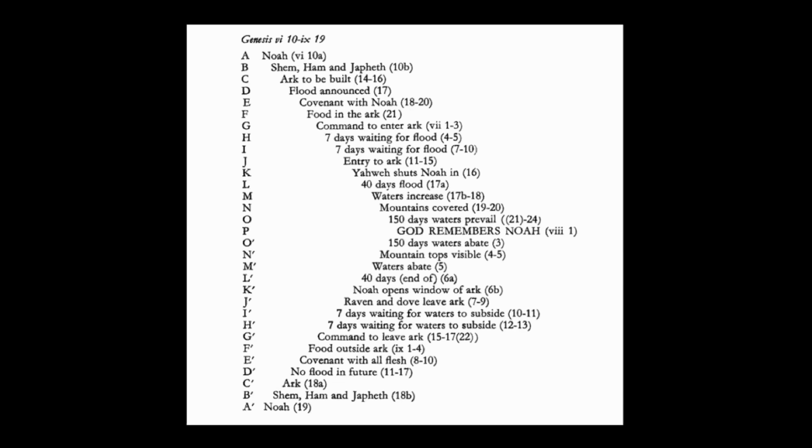We've got Noah in 10a, then that's reflected in 19. Then it goes all the way down, it points to chapter 8, verse 1, and God remembered Noah. So you don't really see this in the English version of the Genesis account, but in the Hebrew version, this chiastic structure is laid out, and it's pretty remarkable, and shows you that the biblical writers were much different than